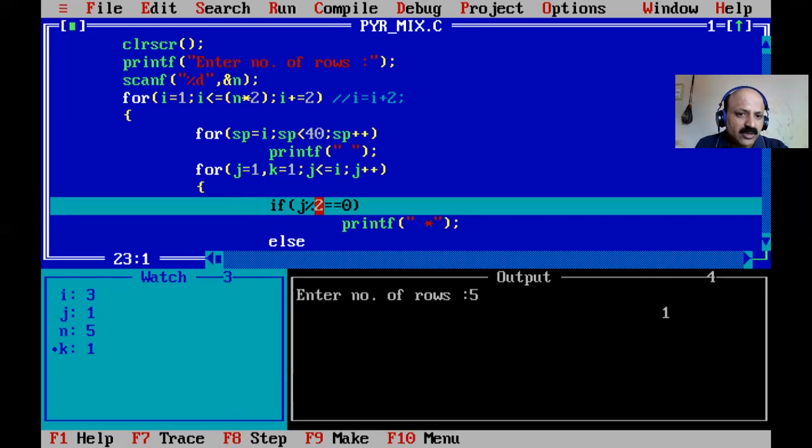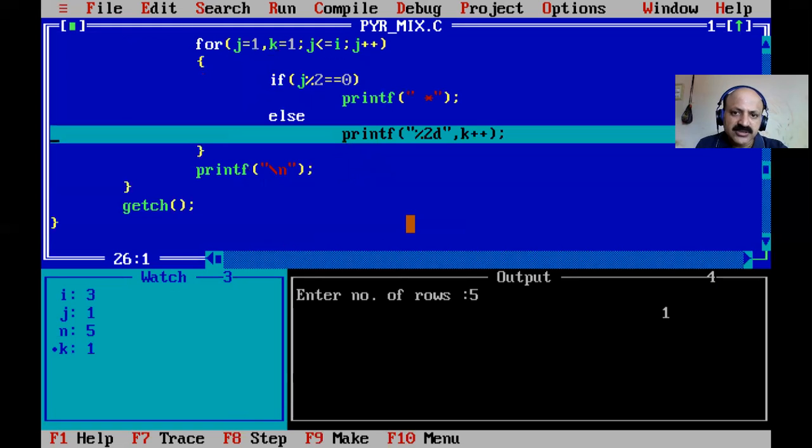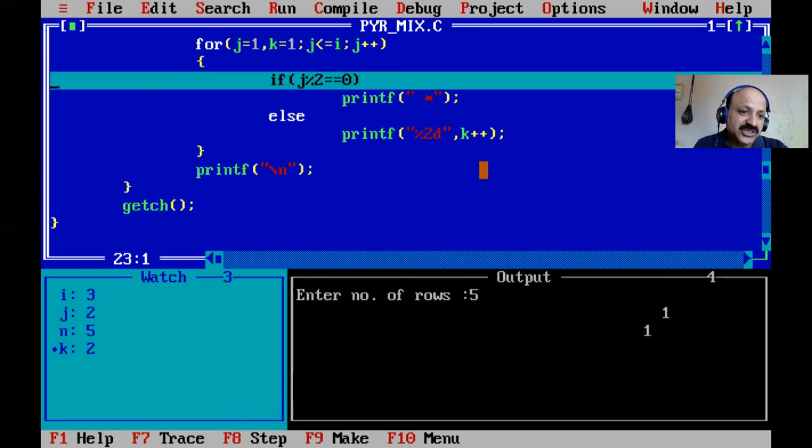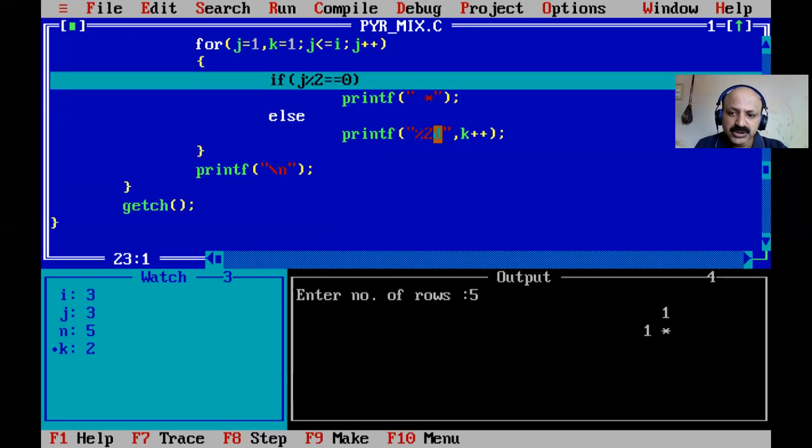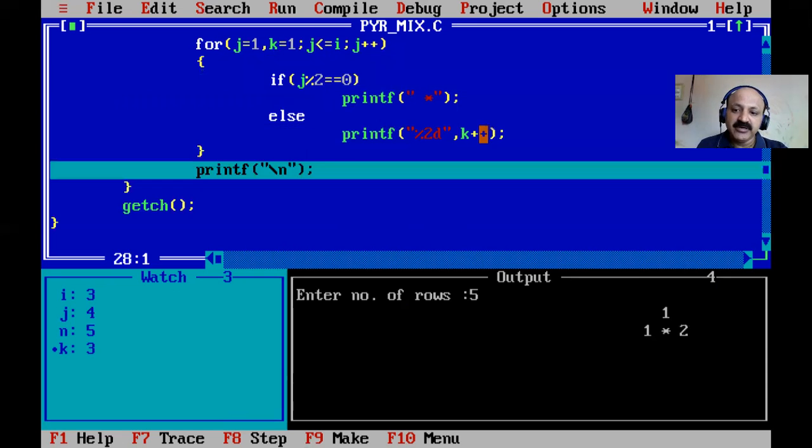And now j modulo condition is false, again k is initialized to 1, so k prints 1, that is our requirement. And j now, our asterisk sign is perfect as previously, so j modulo 2, yes, that condition, asterisk in between, that is an even position 2, that is asterisk. Now j condition is false and our requirement is 2, so previously if we took the j, that would directly print 3 not 2. So now k is 2 and prints our required element, yes, that is printed, our perfect shape, that is our element, okay.